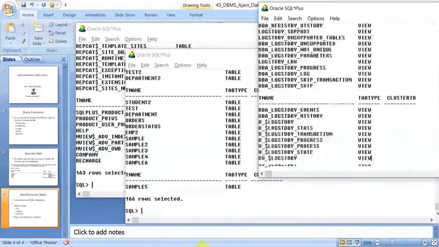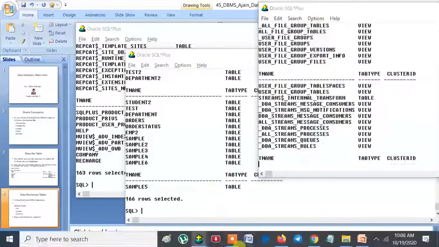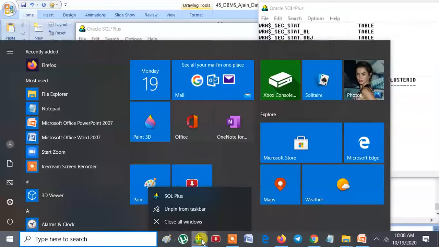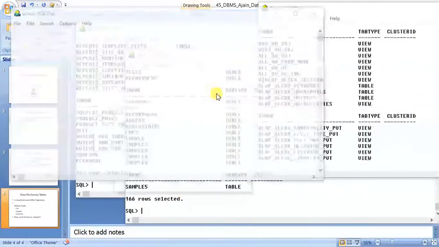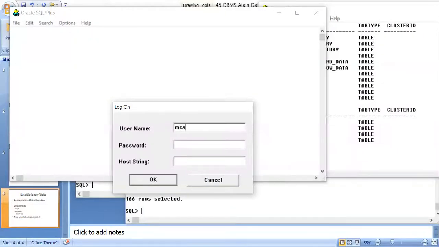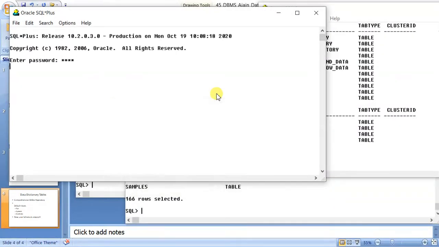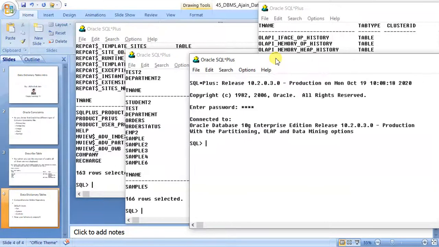Take the user in which we are working every day, for example MCA 2020. Let me connect with it also: MCA 2020 ABCD. Show user. Select star from tab.